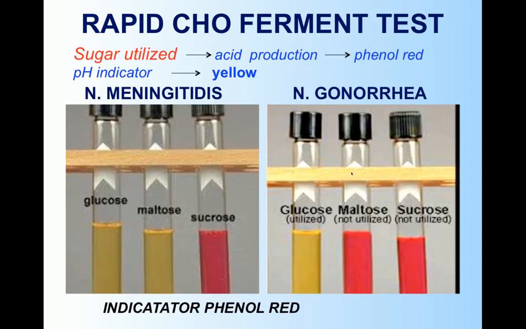Rapid carbohydrate test is very important to differentiate between Neisseria meningitidis and Neisseria gonorrhoeae, and the indicator used here is phenol red. You are asked about it as this is basically part of your OSPEs as well, and you are asked about it in your table viva. So the indicator here is phenol red, and when you take well isolated colonies of Neisseria gonorrhoeae or Neisseria meningitidis, you're going to mix it with this sugar solution and keep it incubated for a specific period of time, and then you're going to look for the change in color.